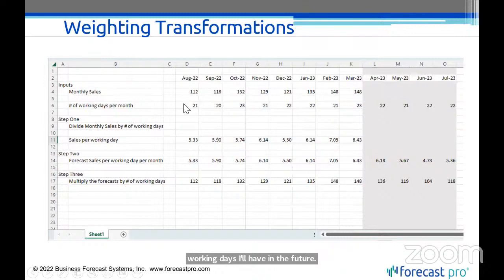So now what do I do? I've got my 2 inputs, my demand and my number of working days. Well, you divide your demand by the number of working days, and that creates this row here. You can think of this as a monthly observation of sales per day that you're open, so sales per working day. So in August of 2022, we were averaging 5.33 sales per working day. I can now forecast this series, say using an extrapolation method like exponential smoothing. And I take this series, it's the transformed series, or the weighted series in this case, and I forecast it